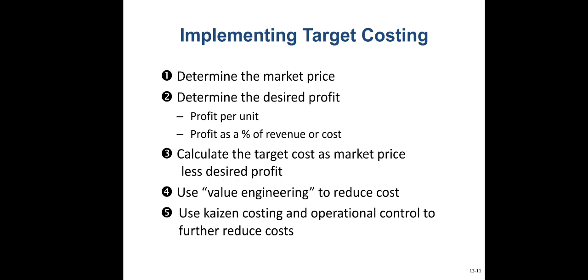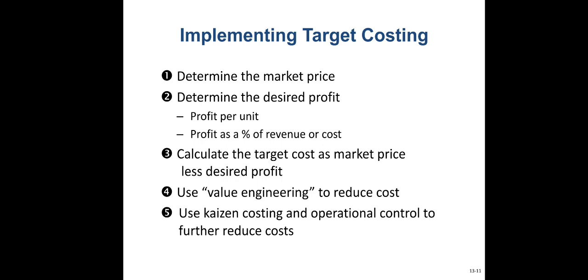Okay, how to implement the target costing? So there are 5 steps. If you want to use or implement target costing in a business, you have to follow these 5 steps. The first one, determine the market price. So let's say the market price is 120, so okay, you know that the market price is 120. So second step, determine the desired profit per unit, profit as a percentage of revenue or